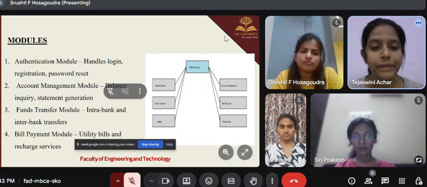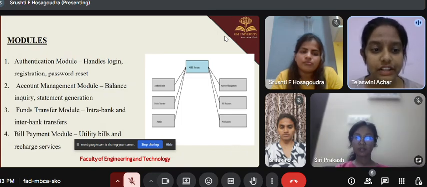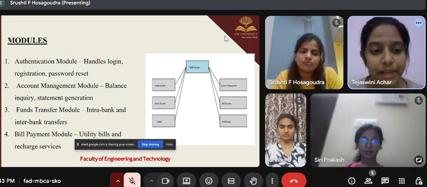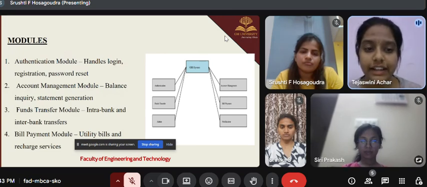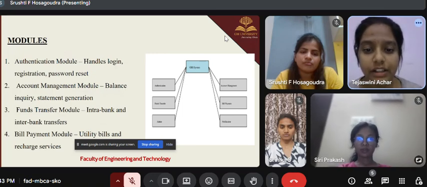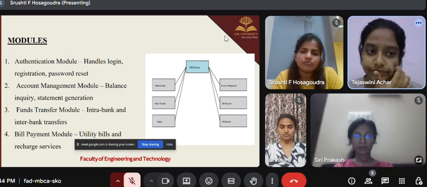Password and reset. Account management module: balance inquiry, statement generation, and transfer module: intrabank and interbank transfer. Bill payment module: utility bills and recharge services. These are the modules; the system is divided into different types of modules. And the next part,